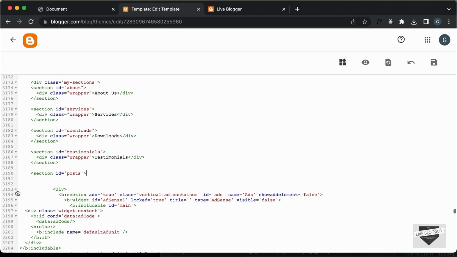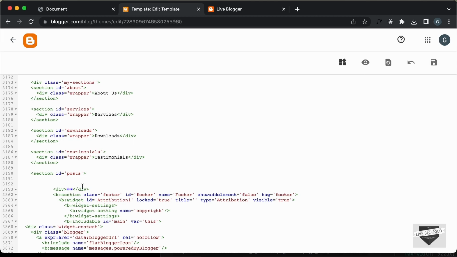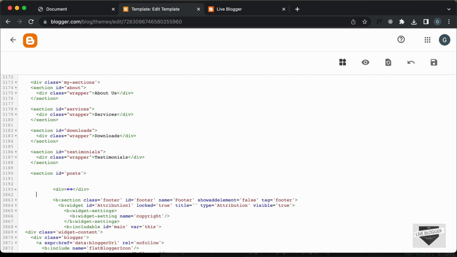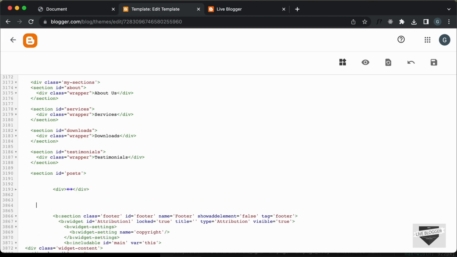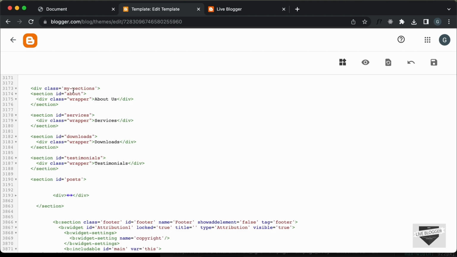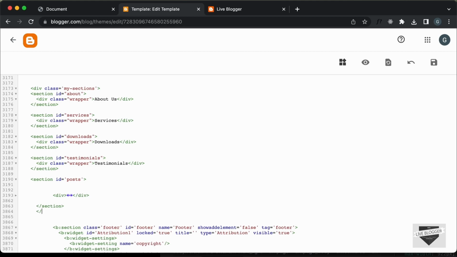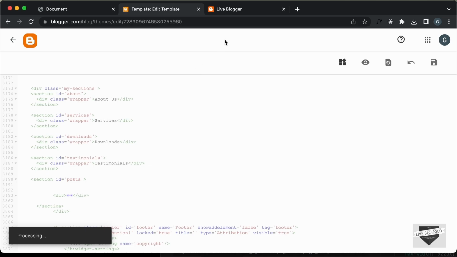So I just click on this button to fold the code, and here we can see this is where the division ends. So after this I'll just close this section, and I'll also close this container division which has the class of my sections. So let's type less than / div. Now if we save this and if we go back to our website,